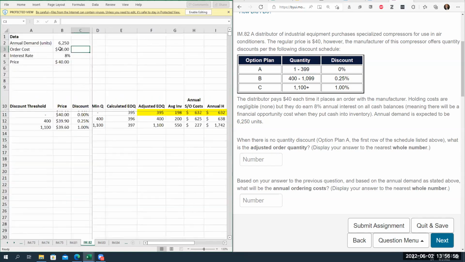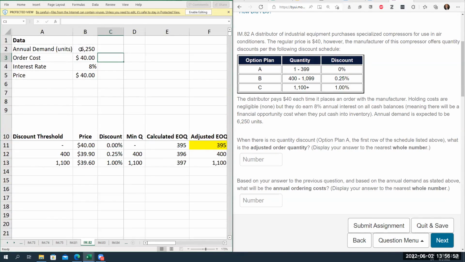I've got annual demand of 6,000. Let's see. No, my annual demand is 6,250 units. I've got an order cost of $40, which means each time an order is placed, it's going to cost me $40. Holding costs are negligible, but they do earn 8% annual interest rate,